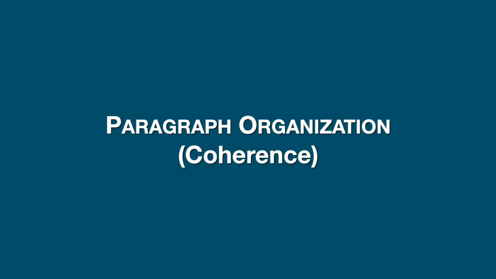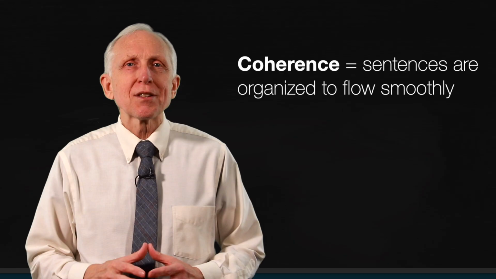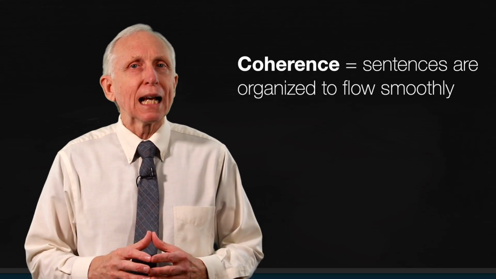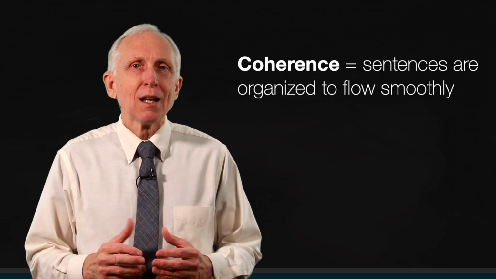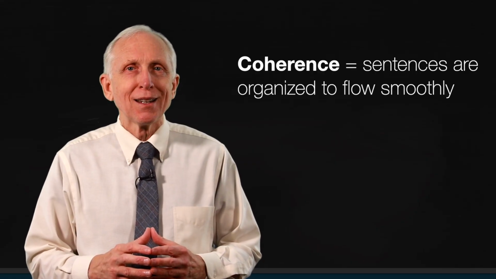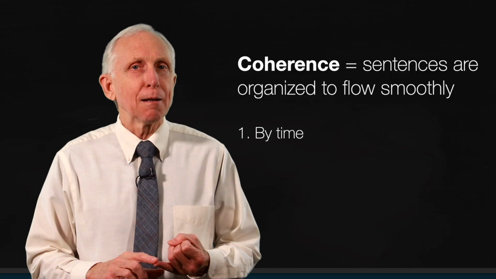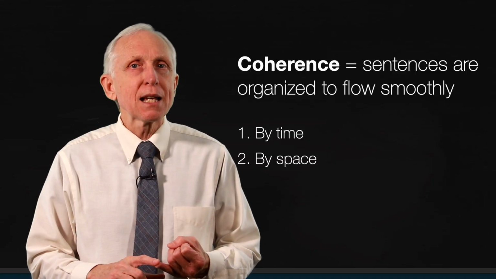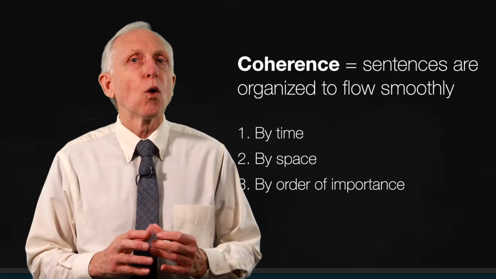Now there's just one more thing we need to talk about, and that is paragraph organization, or coherence. It simply means that all sentences are organized to flow smoothly. Now there are three basic ways writers organize paragraphs. The first one is by time, the next one is by space, and the last one is by order of